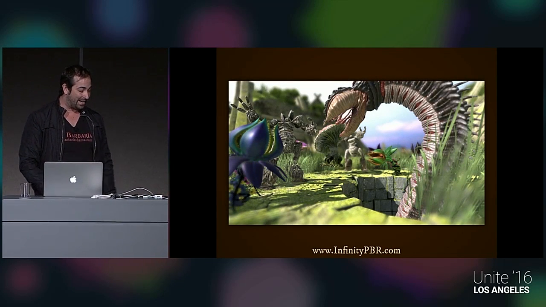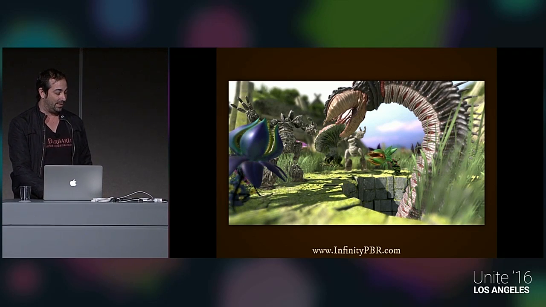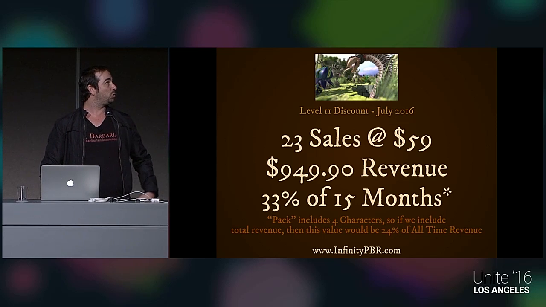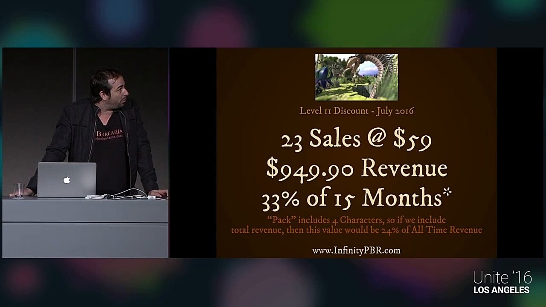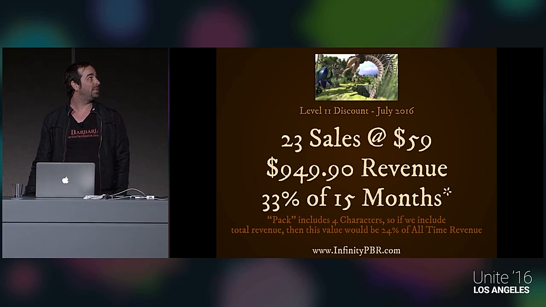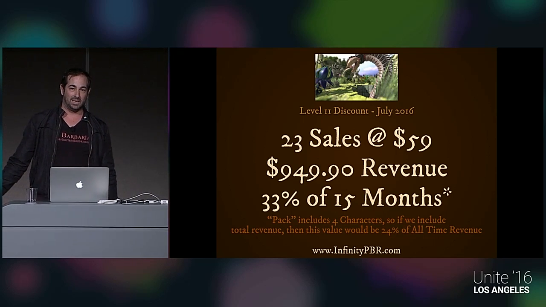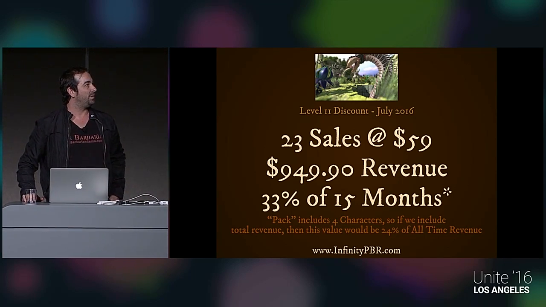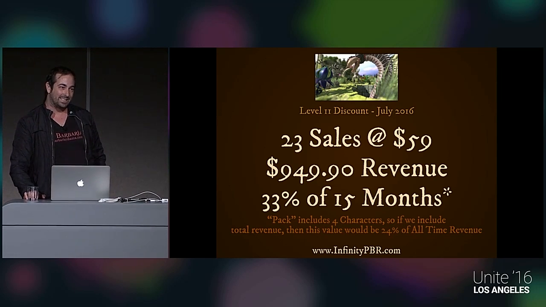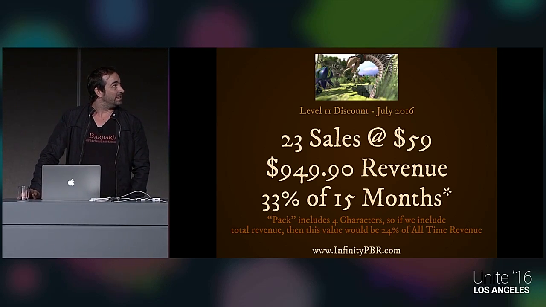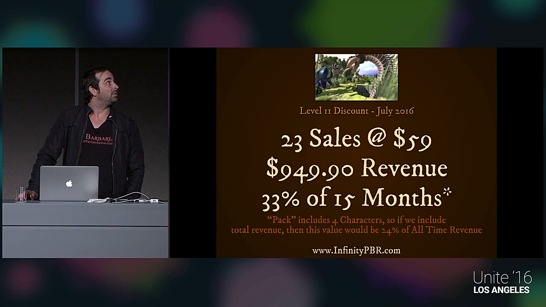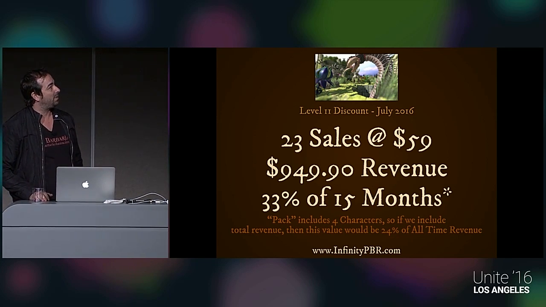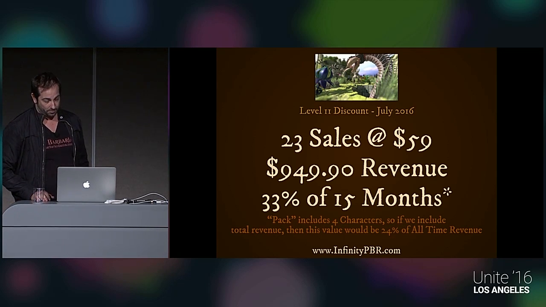The PBR Monster Pack number 1 was part of the Level 11 discount sale for the month of July in 2016, and it only had 23 sales during the month, which is surprising to me because each of those characters is $45 by itself, and you could get all of them for $60, which means it's like a 66% discount. But somehow, I guess nobody needs a mushroom and plant monster, I guess. I'm not sure. But I like the money. It helps because in the end, everything helps at this point.